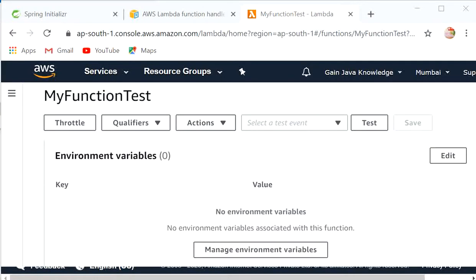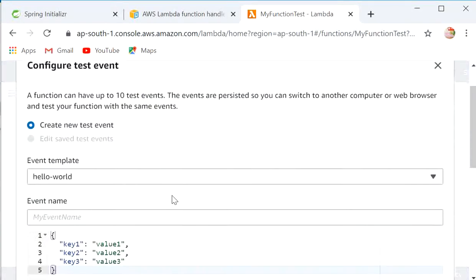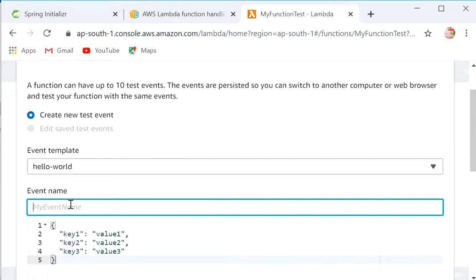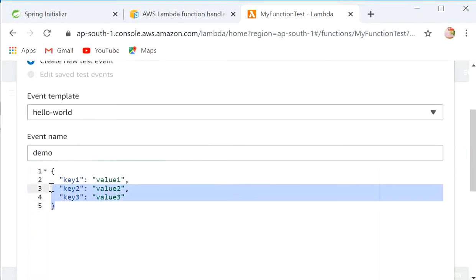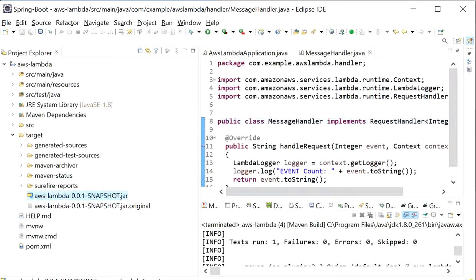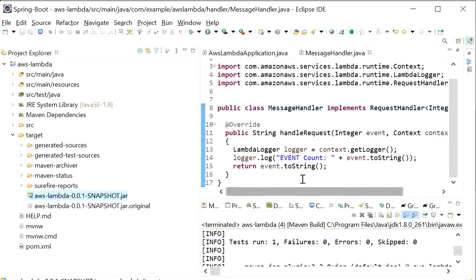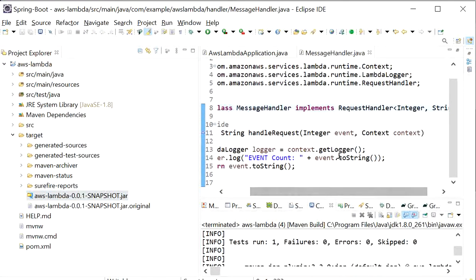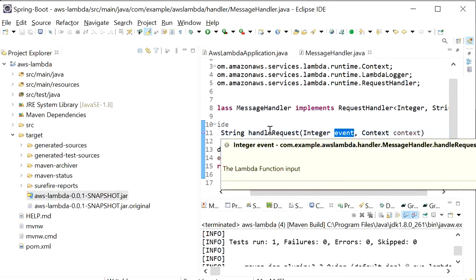Now we need to click on edit. So here I will select configure test event, and here we can give any name. So here I will just enter demo, and here we can see that the function we have created has no parameters, handler request, and we just need to pass one integer value.